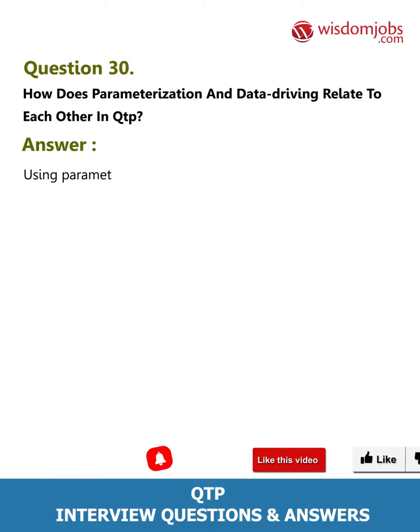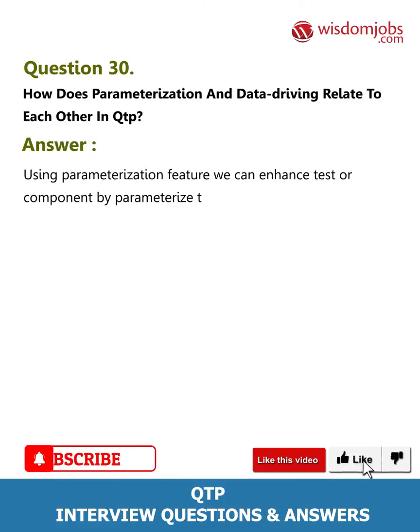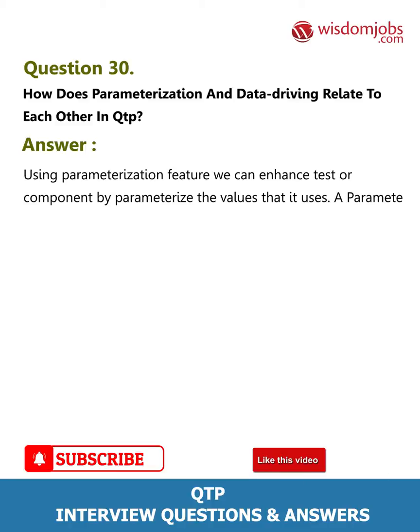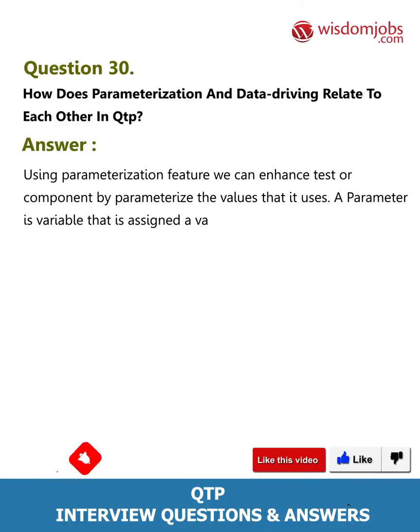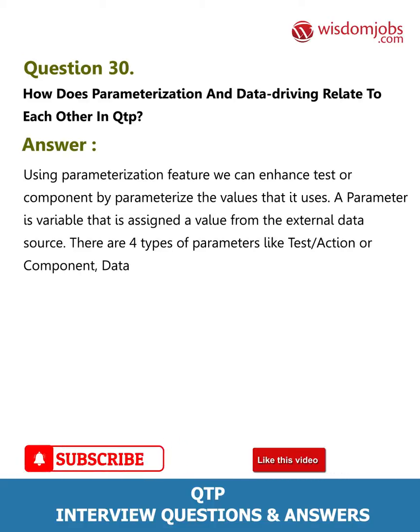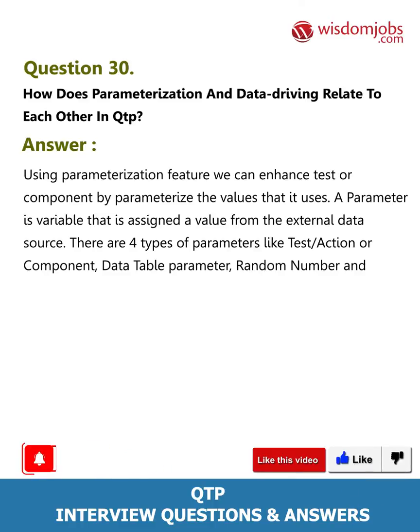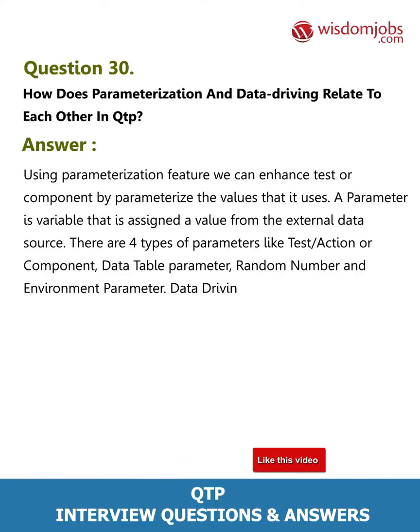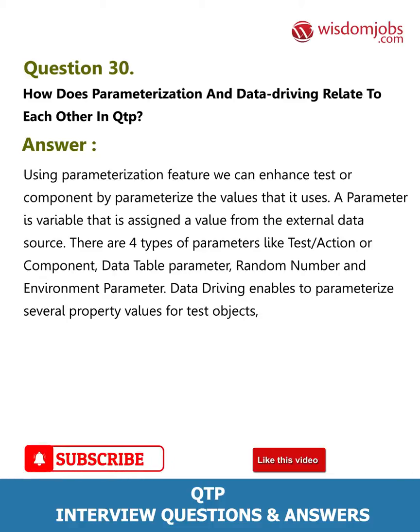Question 30. How does parameterization and data driving relate to each other in QTP? Answer: Using the parameterization feature we can enhance a test or component by parameterizing the values that it uses. A parameter is a variable that is assigned a value from an external data source. There are 4 types of parameters: test/action or component parameter, data table parameter, random number, and environment parameter. Data driving enables you to parameterize several property values for test objects, checkpoints,